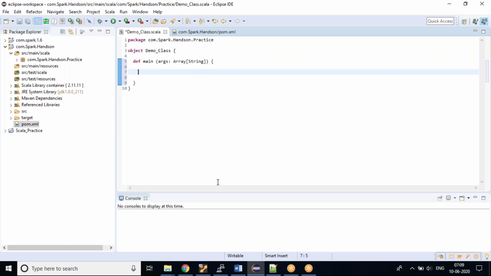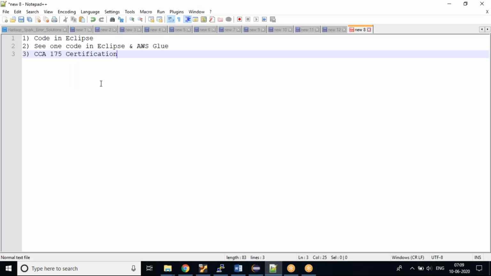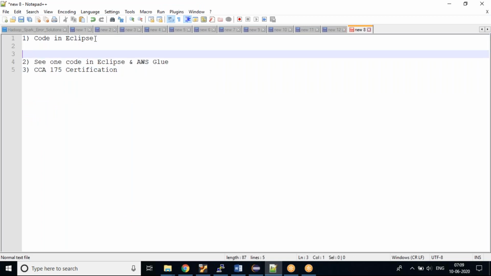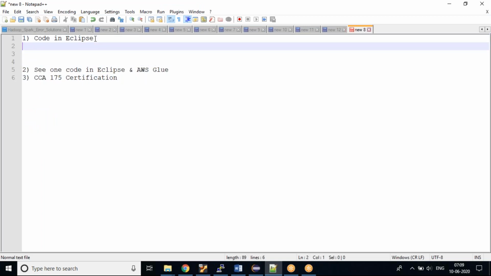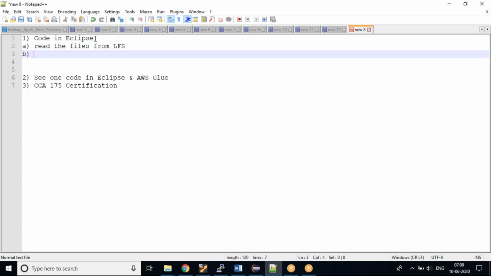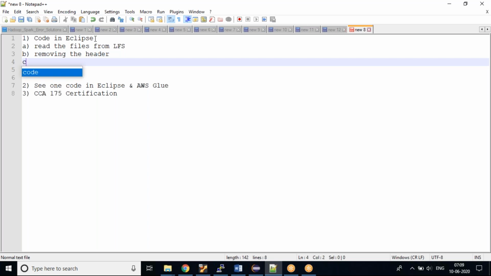Now, this is the scenario I'm trying to show. First, I would be reading the files from my local file system. Then I would be removing the header, because the files contain a header. Then I would be creating a case class and an object out of it.